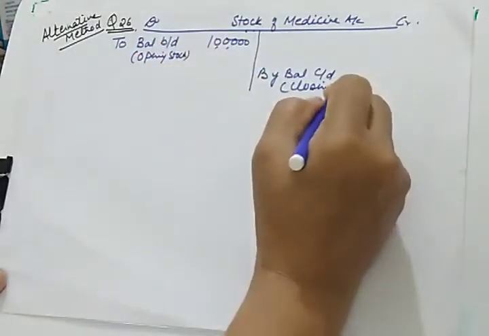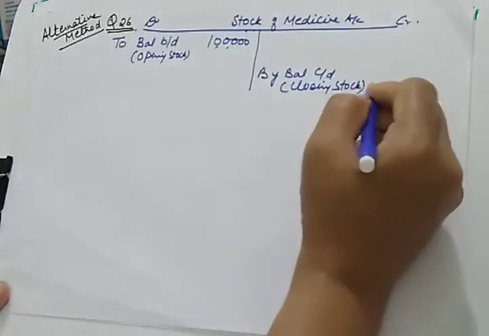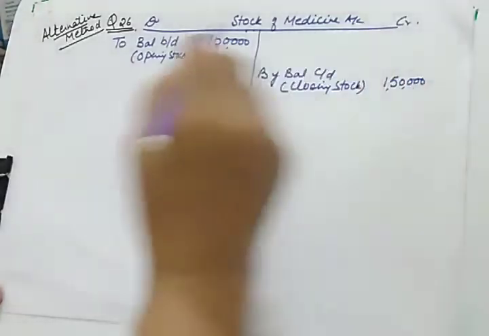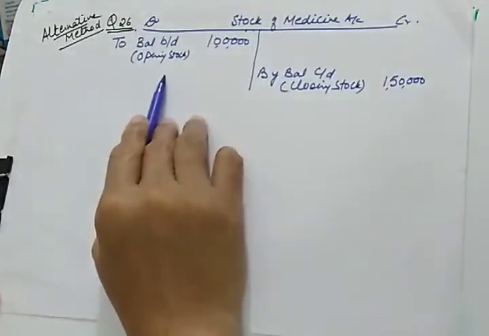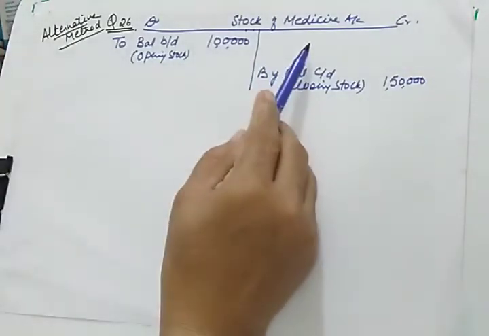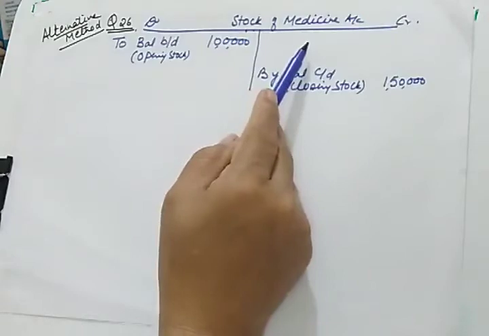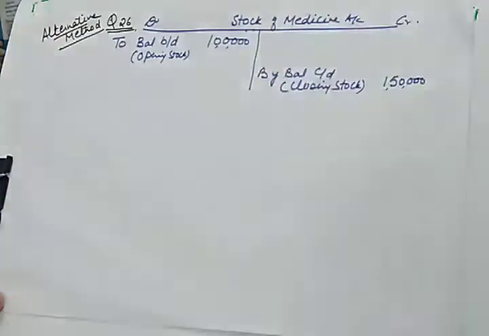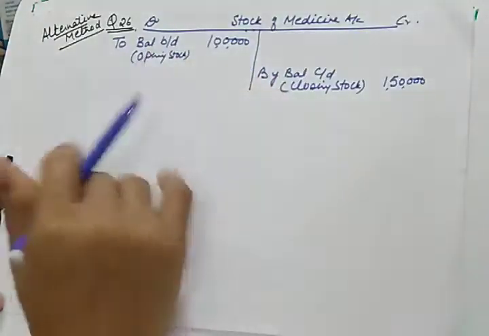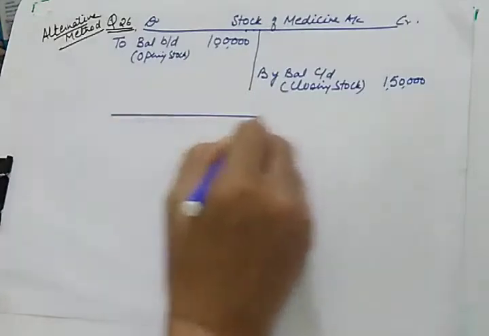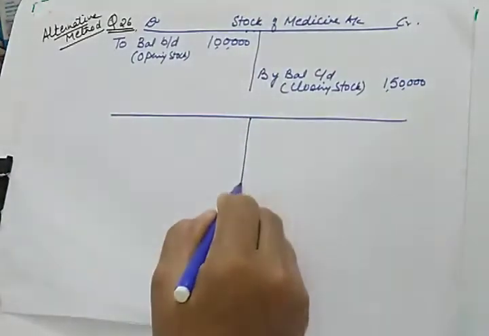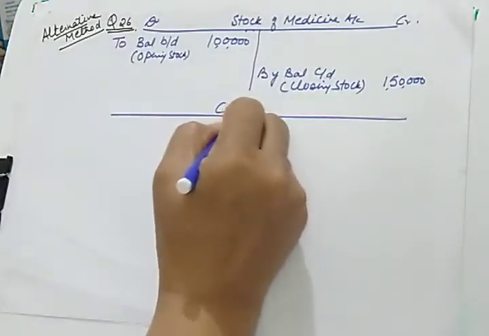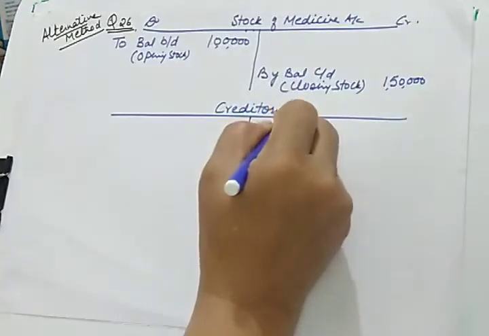You can rule it properly. So closing stock is 1,50,000, and two figures are missing. Here we don't have purchases. We need to calculate the purchases, and the balancing figure will be the amount which is material consumed. So we'll leave it here because we won't be able to prepare this unless we have purchases. And for that we are making one more account, which is known as creditors for medicines account.